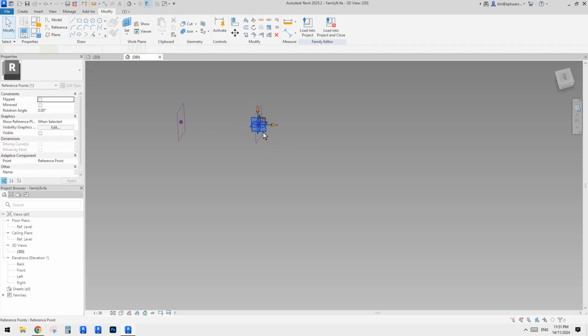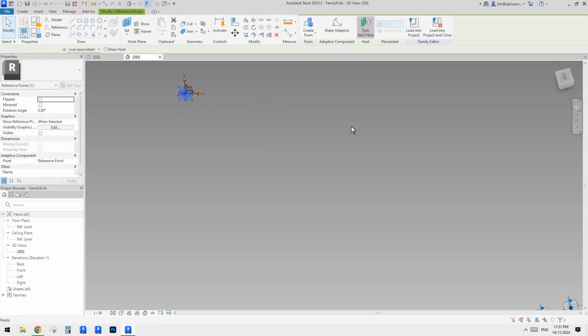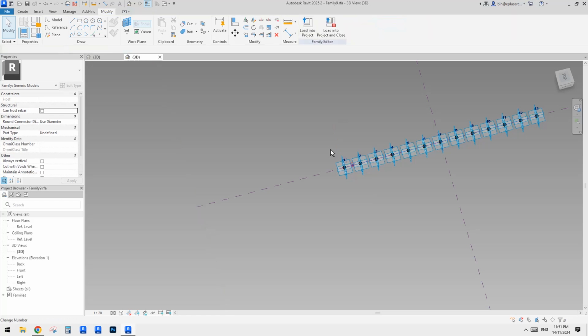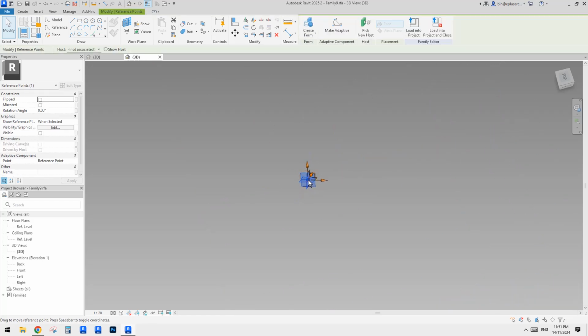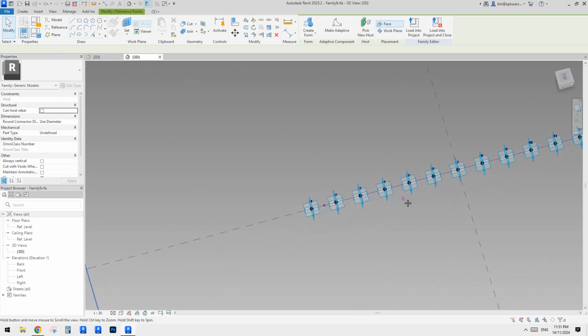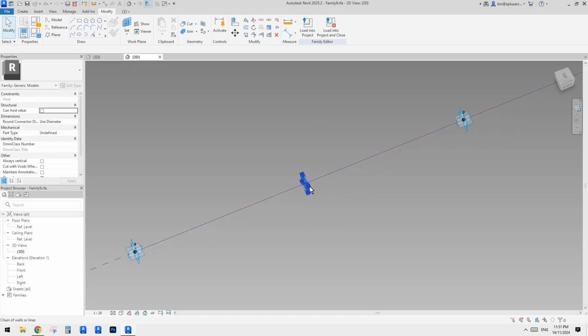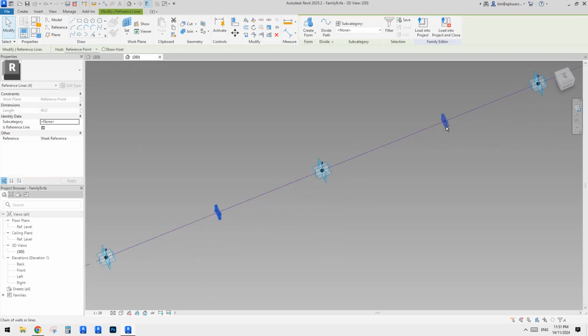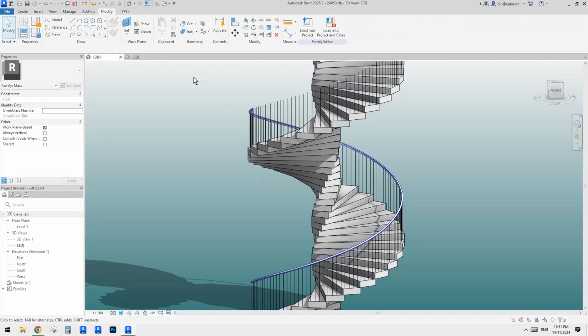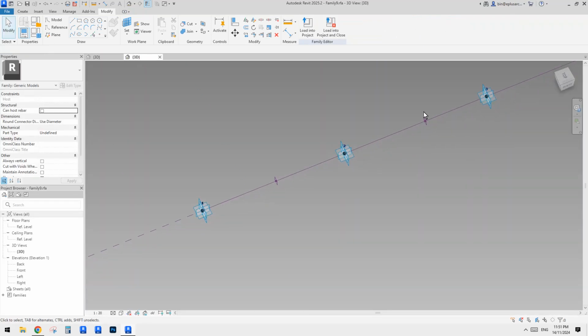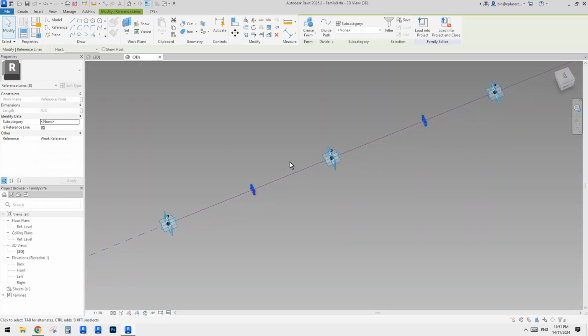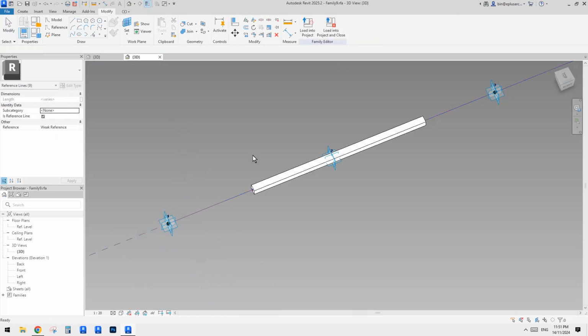I just select this point and pick new host, place onto here, and then select the point, and then use pick new host onto this reference line. So I just want to see if this will affect the rotation of that. Okay, so select these two profiles, and then also select the path, create a form, do